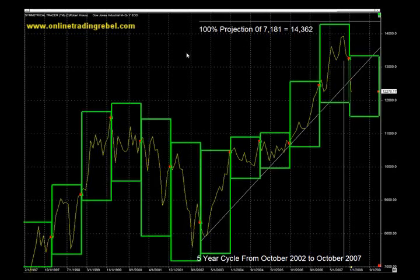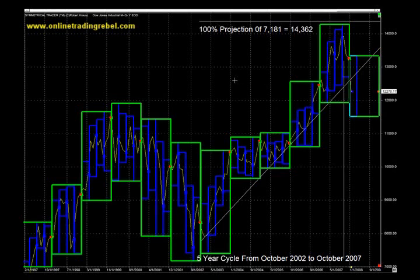The next thing, which I think is very interesting, is what you're looking at now is I have boxed the years. So each green box is a year, and what you'll notice immediately is that in, again, just the first 3 weeks of January, we have taken out the low of the previous year, in fact in the last few days. And not just that, these are now quarterly bars you see in blue, and as you can see, this quarterly bar, which is basically the January bar, has taken out not only the previous year, but it's actually taken out the low of the last quarter of 2006, and that's in just a 3-week period, and that's, to me, is